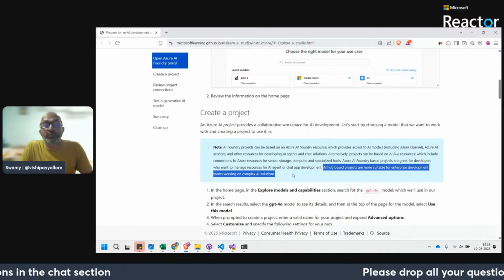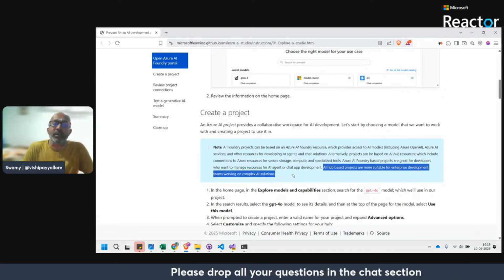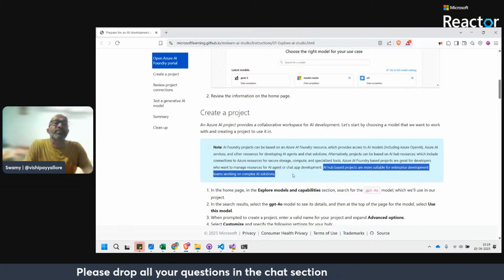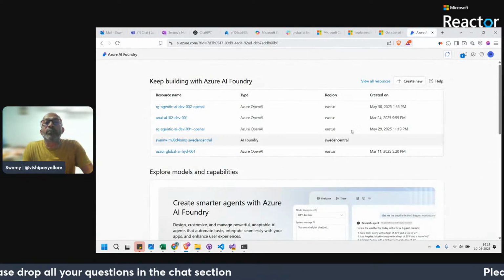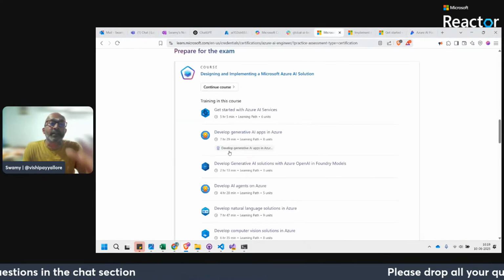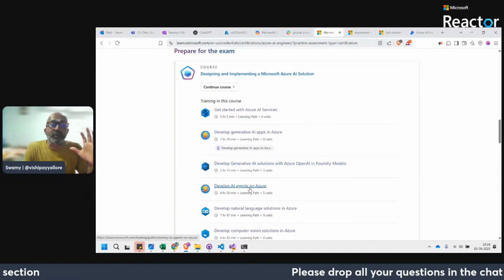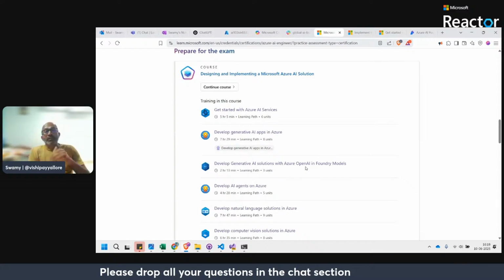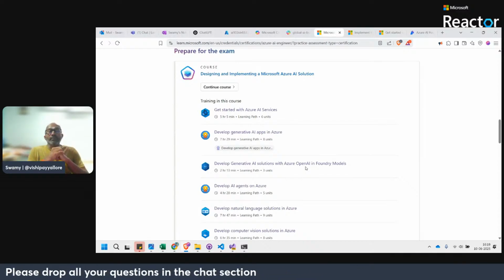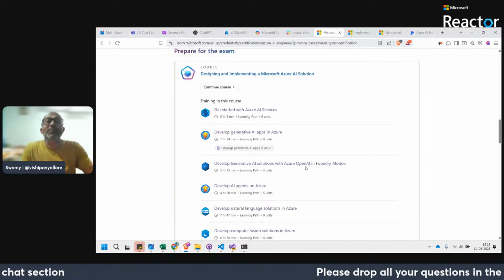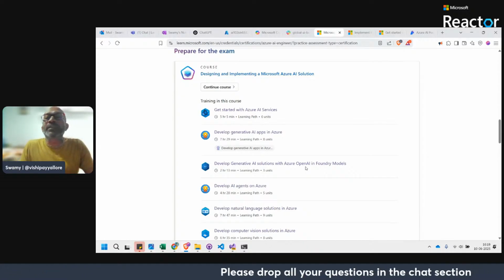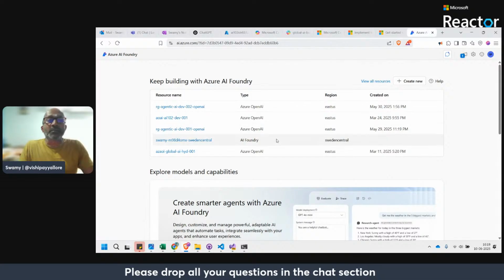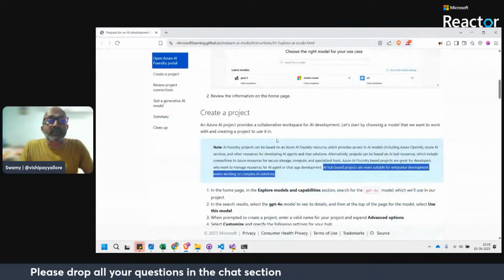We'll do the probing into that in the next sessions, because we do have, to a decent extent, an entire section for the agents, and an entire section for Foundry. So definitely there's a lot which is going to come. We'll spend a decent time to get things under us.